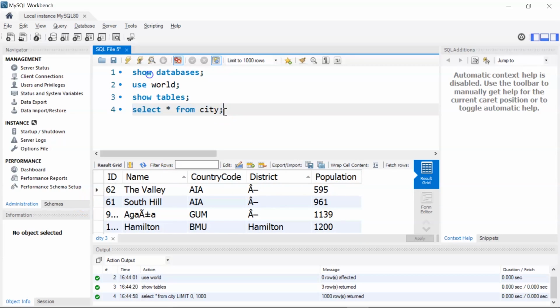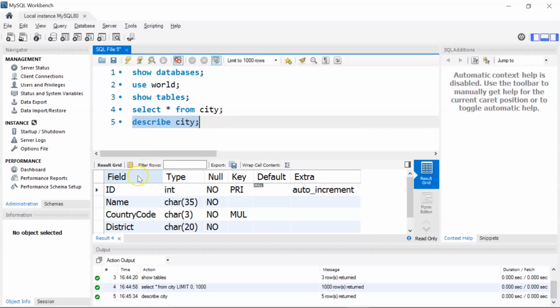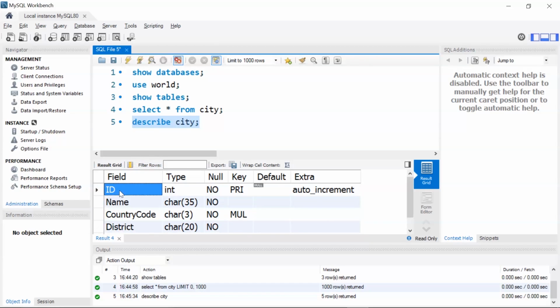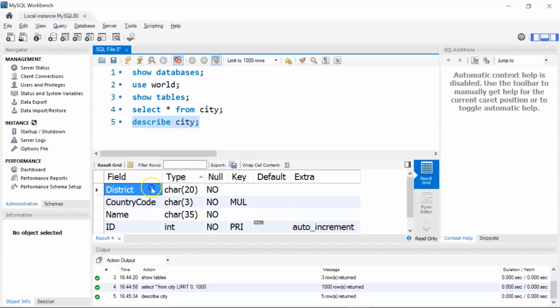Similarly, you can check the structure of the table by using the describe command. I'll write describe, and then I'll give the table name, that is city. Now let's just run it. There you go. The field shows the column names: ID, name, country code, district, population. Type here shows the data type of each of the columns.